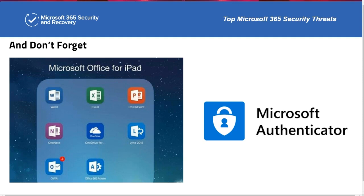But at the end of the day, I think no SMS 2FA is worse than no 2FA, and that an authenticator type of app is probably a level up in terms of security. And I know that might be a bit contentious, because the problem with asking people to install an app on